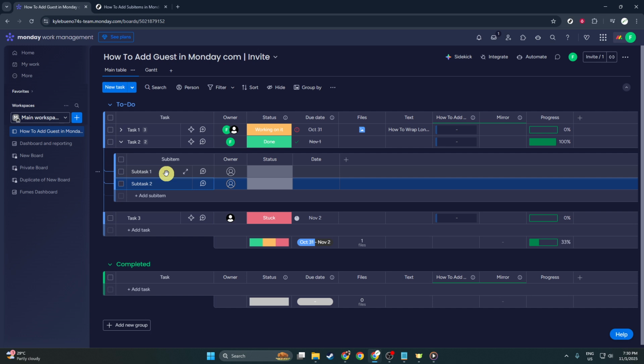Doing this can vastly improve your organizational capabilities, lead to more efficient project flow, and ensure all parts of your tasks are accounted for, thereby minimizing the potential for oversight. We hope this guide has been helpful and inspires you to maximize the functionality of your Monday.com boards. Don't forget, the key to effective project management is not just breaking down tasks, but also regularly reviewing and updating